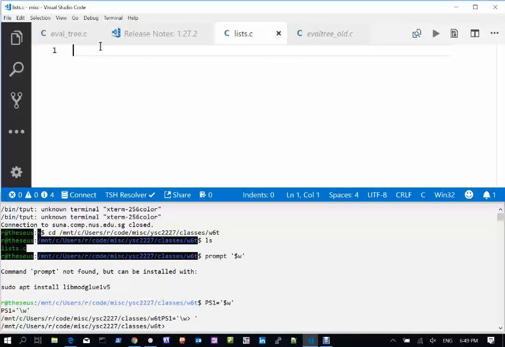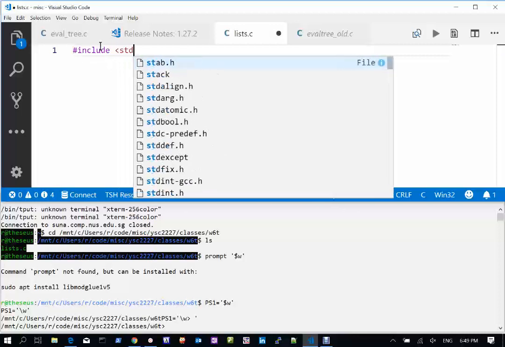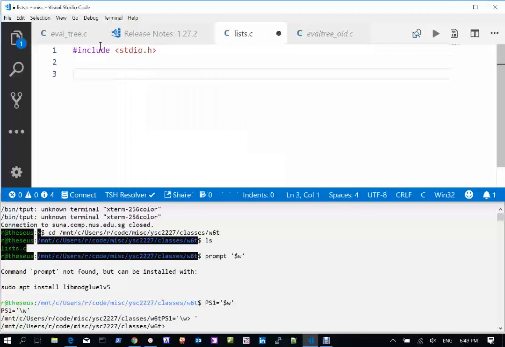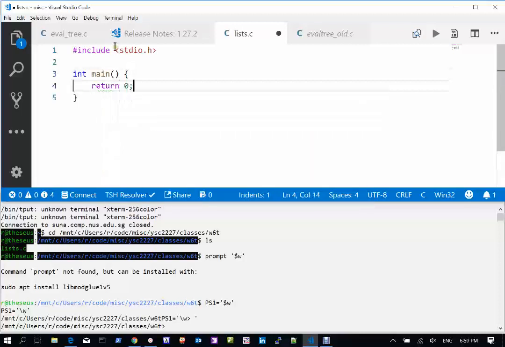All right, so I'm going to include stdio.h as usual. We're going to have a main, and I am going to write tests this time. So we're going to write some tests that are going to help us with checking whether the code is correct. Right, but we don't accept input from the beginning. It's going to look pretty much like the layout that we have for homework. Okay, so